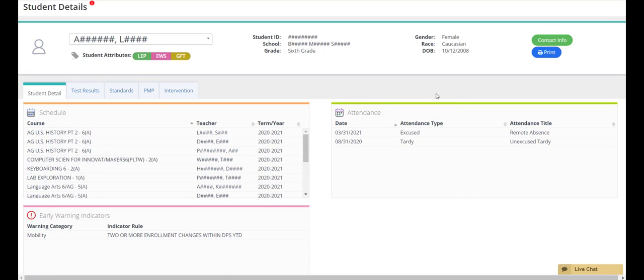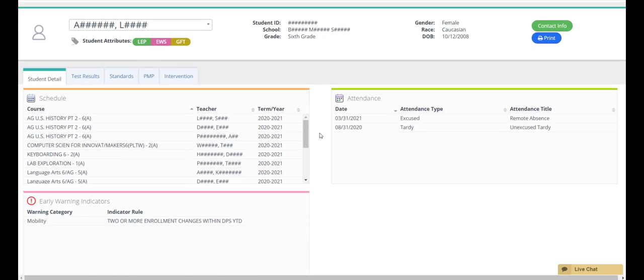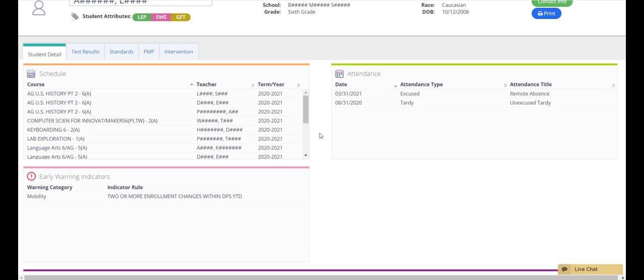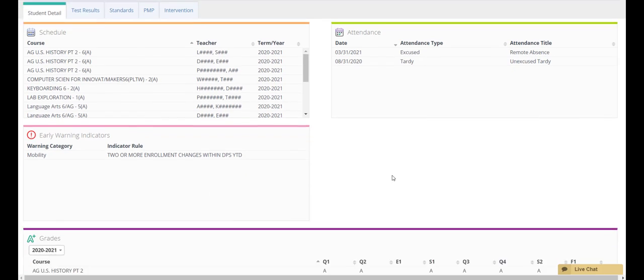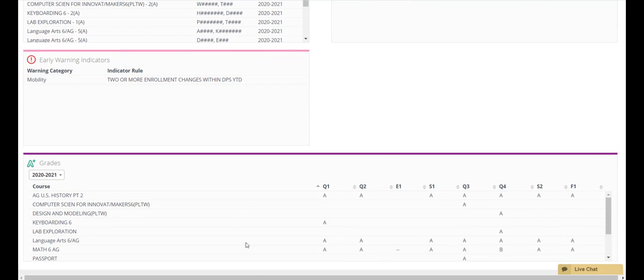Additional information is located below under the Student Detail section. This information can be customized by your school district. Danville has elected to display the following information: the student's schedule, the student's attendance, their early warning indicators, and their grades. Grades are archived from year to year, so by utilizing the drop-down, you can look at grades from multiple